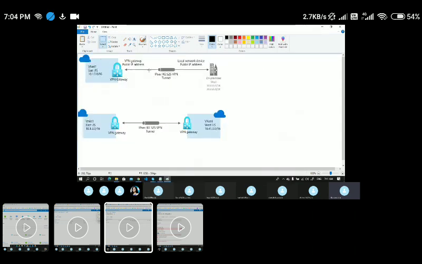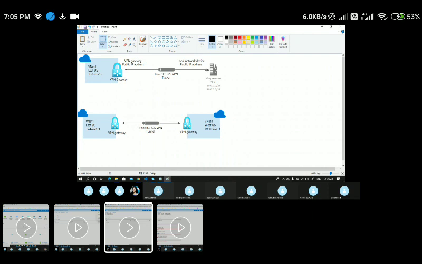The only difference between VNet to VNet and site to site is that, instead of creating another VNet and virtual network gateway, here we are creating a local network gateway. This local network gateway will be created using your on-premises VPN public IP.